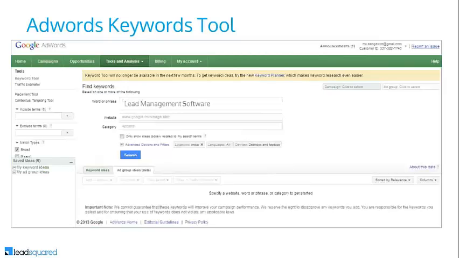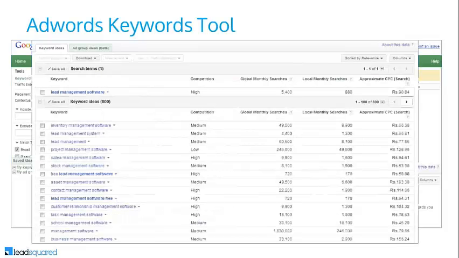When you type in a search query like lead management software, you can see keyword ideas plus the competition they have in the online market, plus the global monthly searches, the search volume globally and local. As I've selected India as the location, this is the local monthly searches, the volume of searches happening every month.